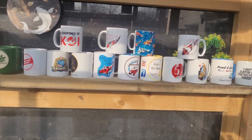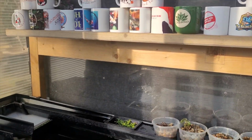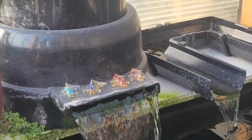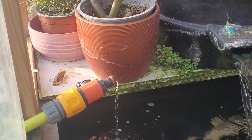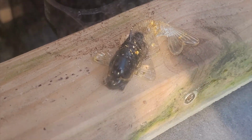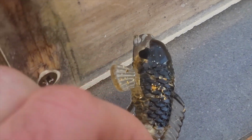Or one of my last videos where I got all my mugs and decorations and plaques up. I also completely forgot, but I was given some of these for birthday and Christmas. Little mini glass koi, so I've got 4 or 5 on there, a couple over there, and 1 down here. But they're cute little things, little resin koi,